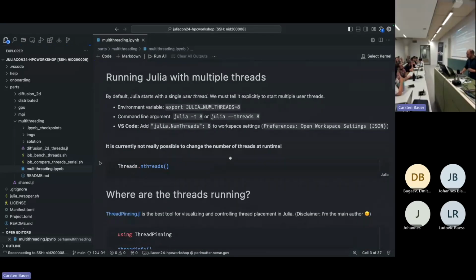All right, first, running Julia with multiple threads. By default, Julia starts with one thread, and you can't dynamically change the number of threads at runtime. So you cannot, in your Julia session, say, I want to change the number of threads that I have. So there are three ways. You can provide a command line argument, set an environmental variable, or in VS Code, you can put it into your workspace settings. So if you haven't done these steps, run this threads and threads function, and you don't get